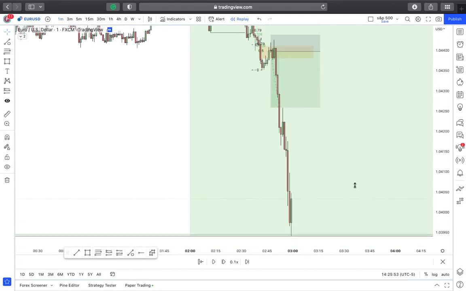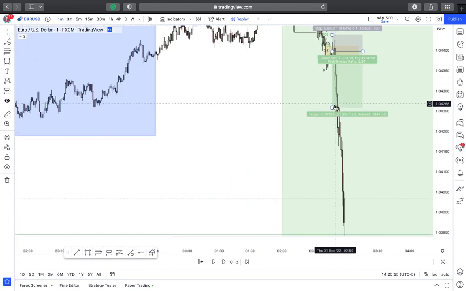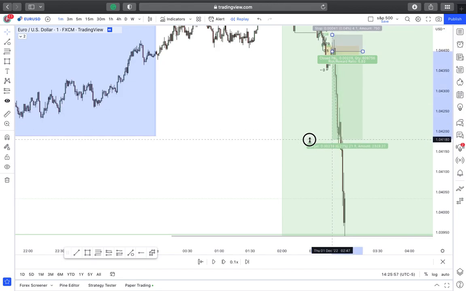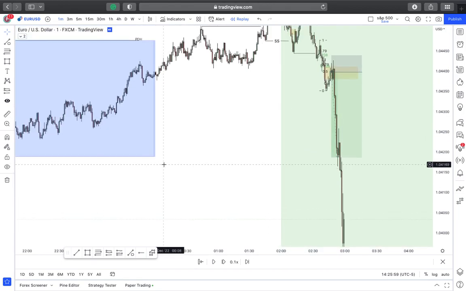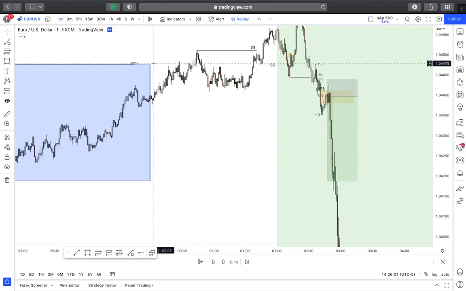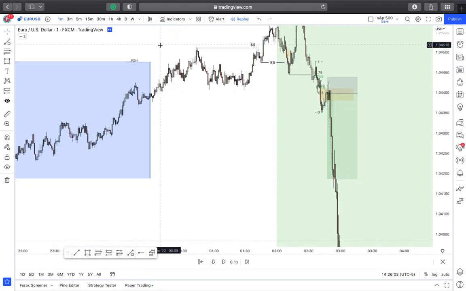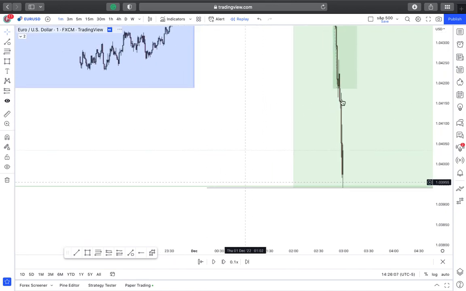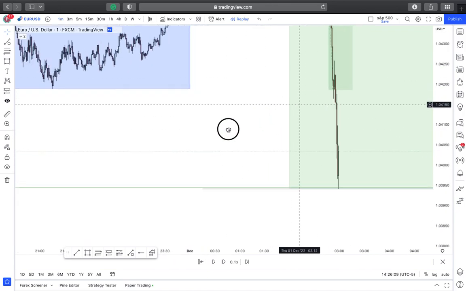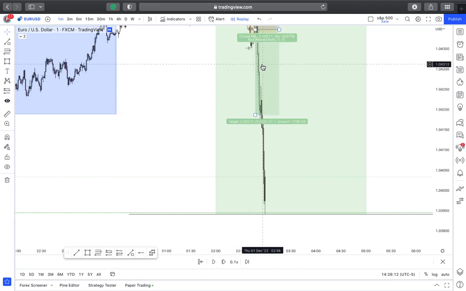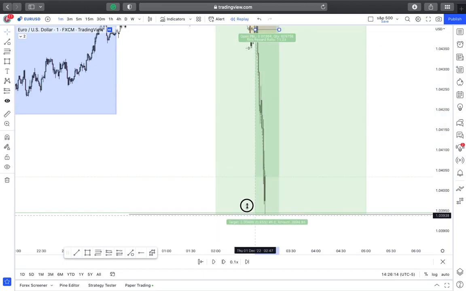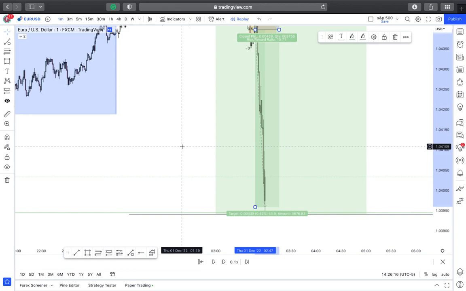Now you want to ask me where my first target should be. Your first target is always going to be the Asian session. If we swept the Asian low, your first target would be the Asian high. If we swept the Asian high, your first target is going to be the Asian low. In this scenario, let's say you took off 70% partials from this trade, and you hold this trade until you see the market